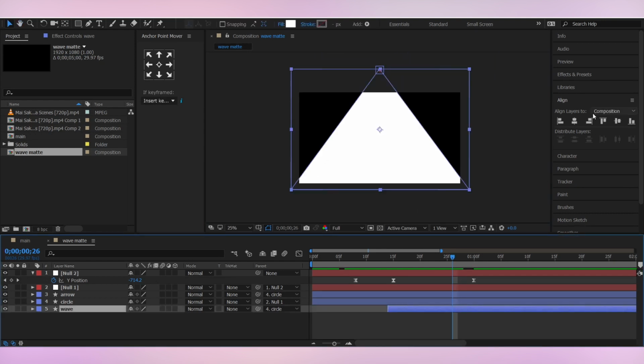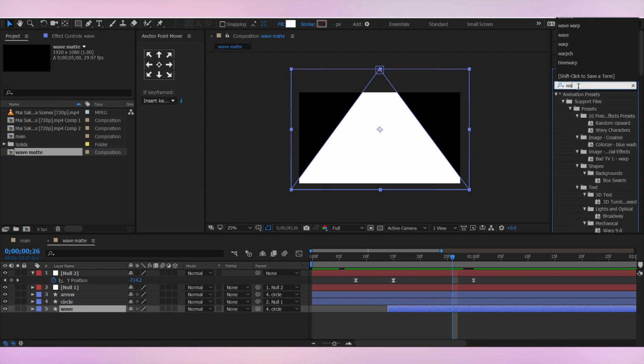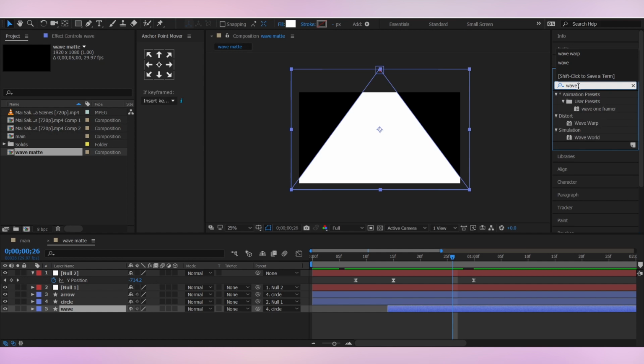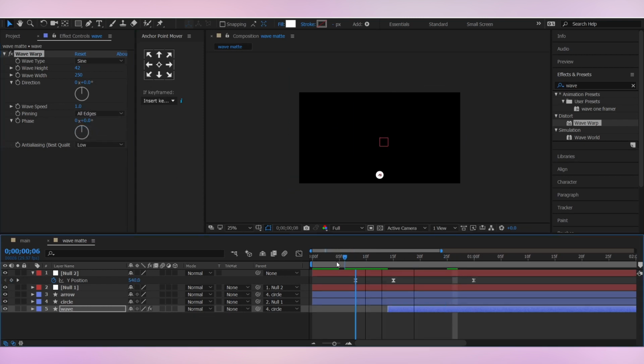So let's add the wave effect to this now. Search for wave warp in your effects and presets panel and drag it on the rectangle layer. Change the direction to 0, change the wave height to 42 and the wave width to 250. Cool. Then change the pinning to all edges and play the animation.